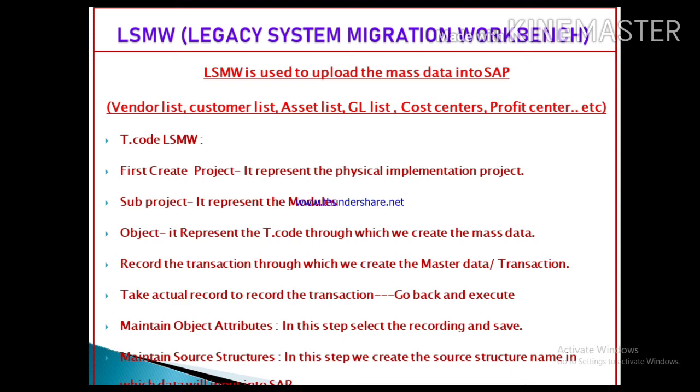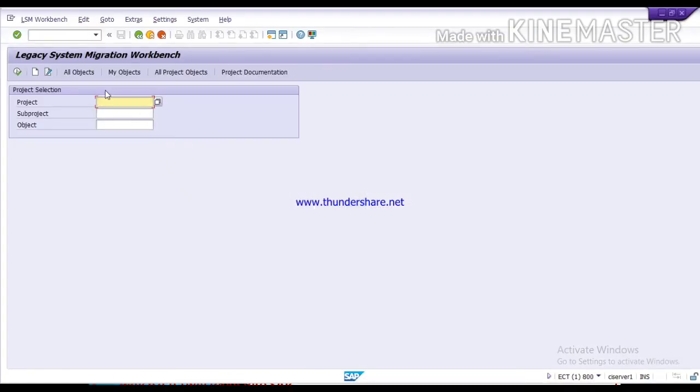In a company, when you are going to implement any new project, the administration team of your company will give the name of that particular project. So in that field you can enter the project name, whatever your project name is.